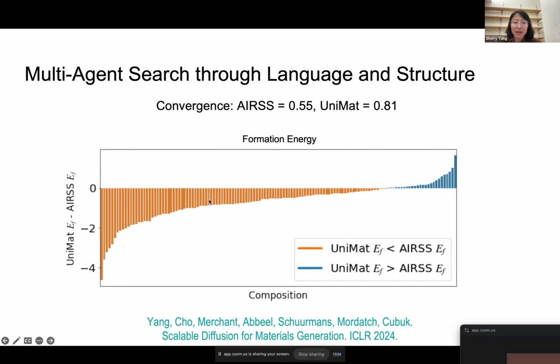And we also found that the energy, in general, the lower the energy, the better, because we want stable materials. We found that the structures proposed by the generative model are also oftentimes of lower energy than the structures proposed by tools from computational material science.